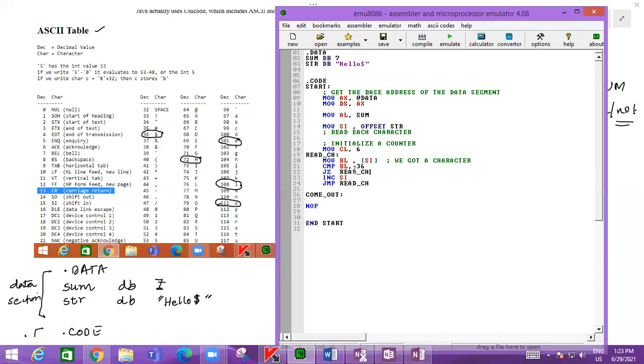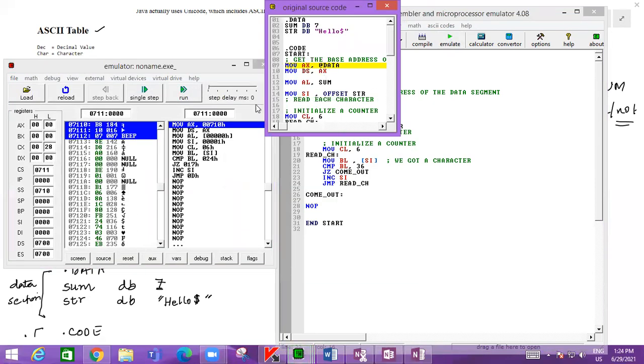If we are reaching the dollar sign, then we have to come out. Else increment and then go back basically. So let us see whether we are looping and we are getting those particular values into the register.